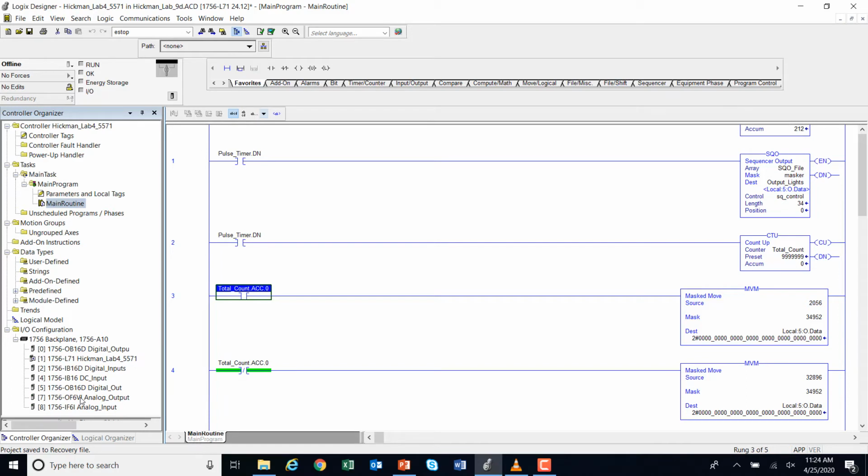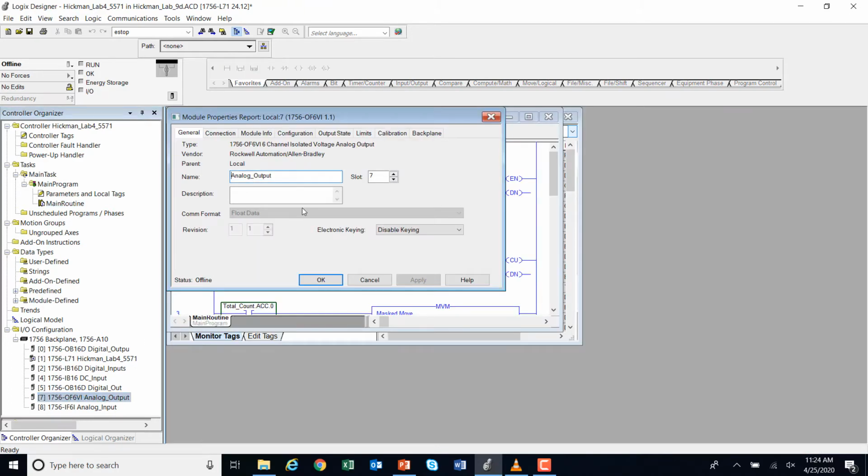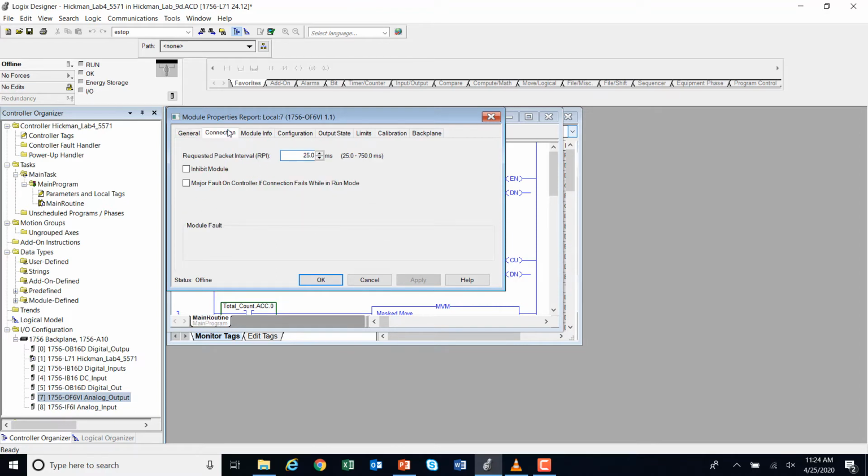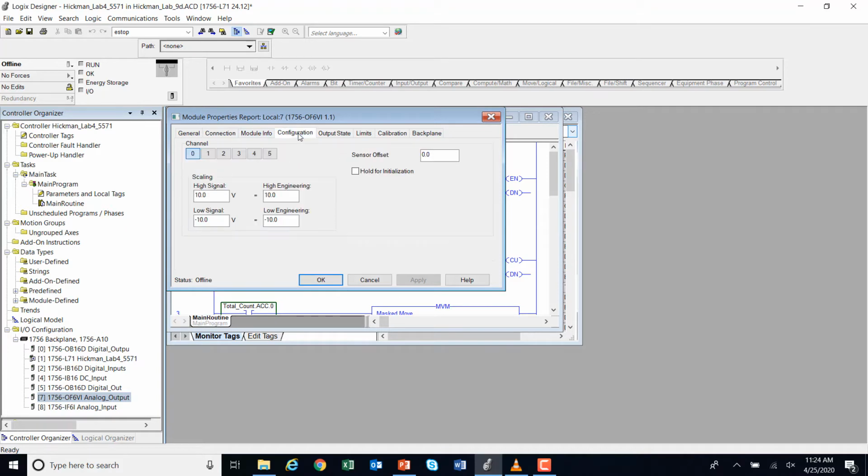I'm going to come over here and get an analog input card. It tells you what slot it needs to go in, disabled keying. It talked about the normal things here, but what you really want to get into is your configuration, okay? Now, what we've got here is different channels, so you always want to be sure that you're configuring the channel